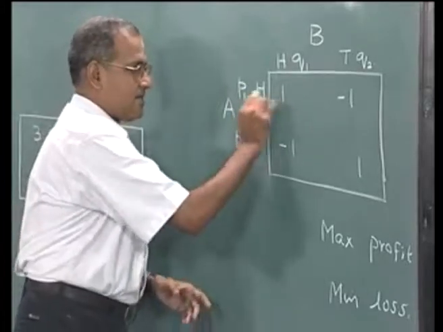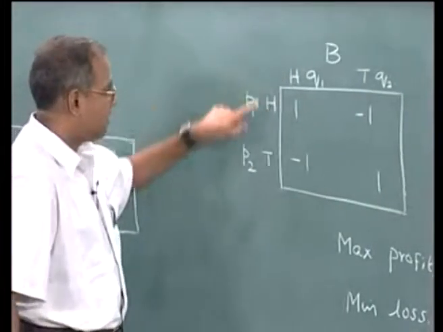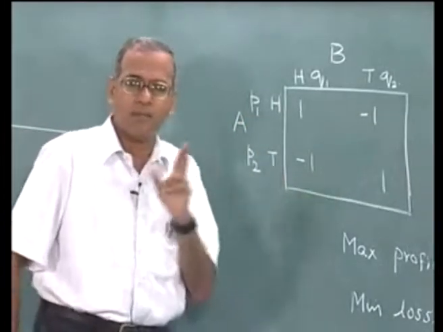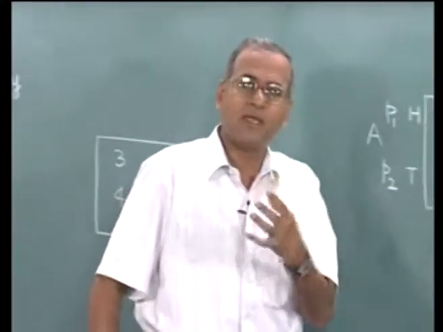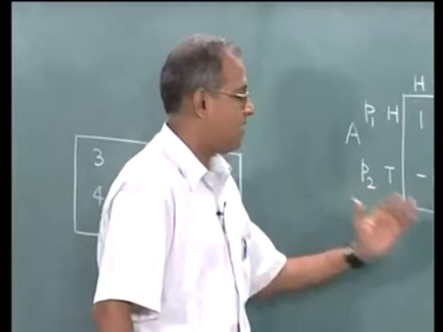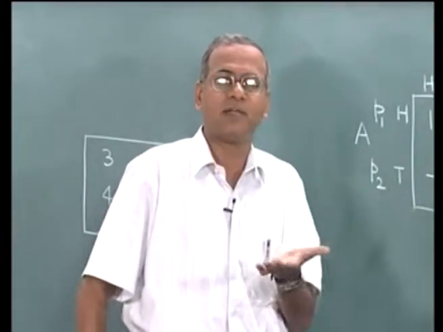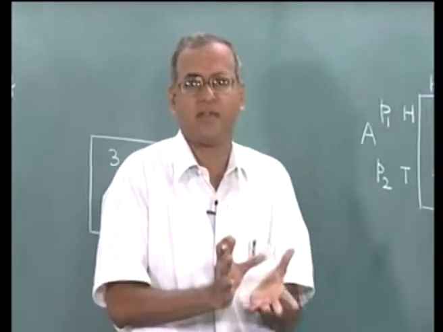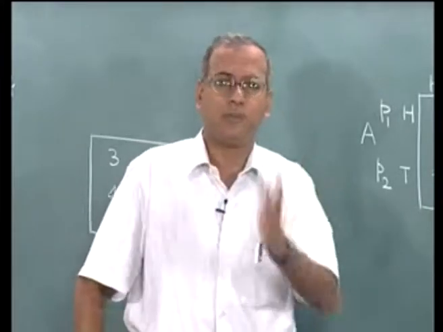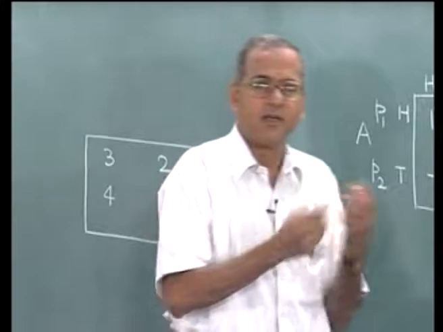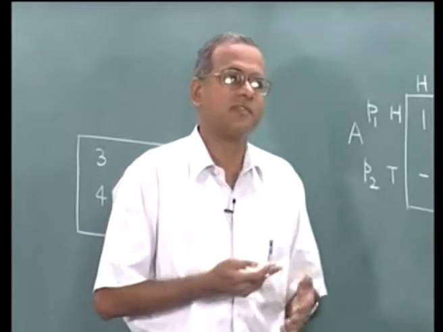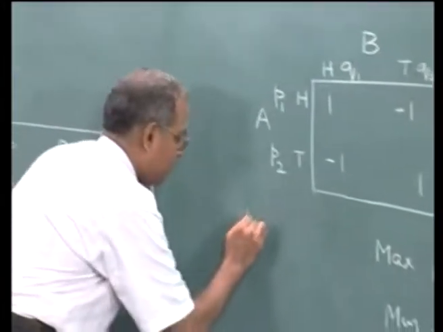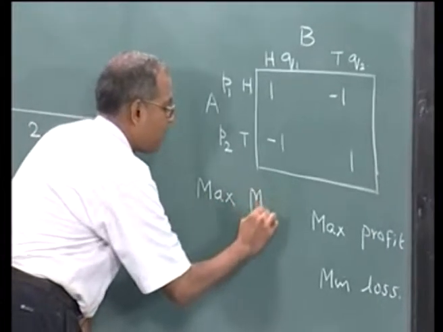Now, when A plays this consistently, thinking that B will play this, A is going to get this 1. Now, immediately after a while B will switch because B would not like to lose, and B will always try to minimize A's gain while A would like to maximize A's gain. So, B is going to allow A to get minimum gain, which A will try to maximize. So, A is fully aware that B is an intelligent player and B is not going to allow A to get more and more money. So, A's objective will be to maximize the minimum profit